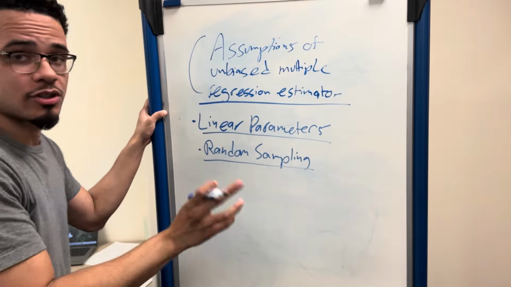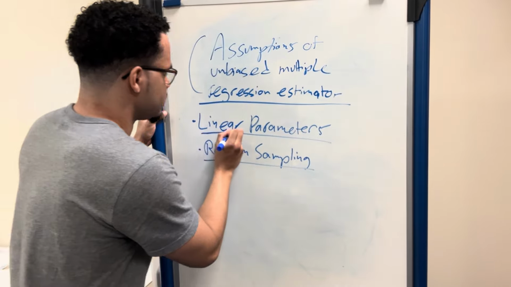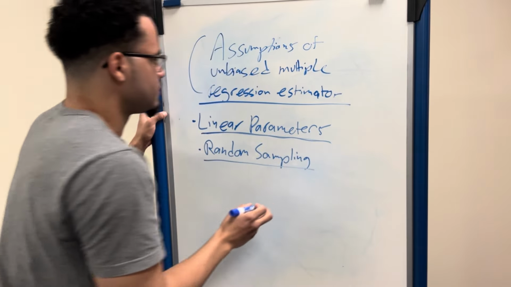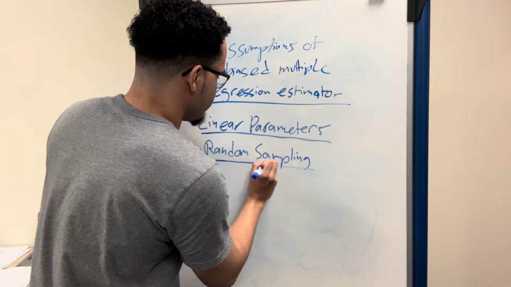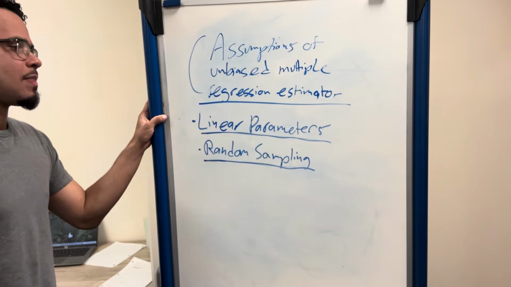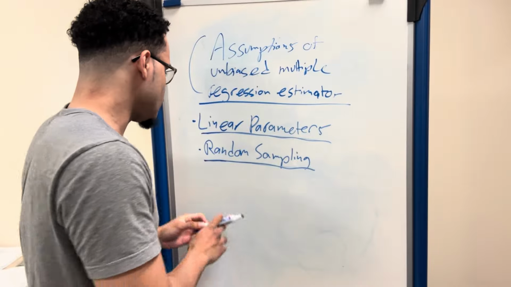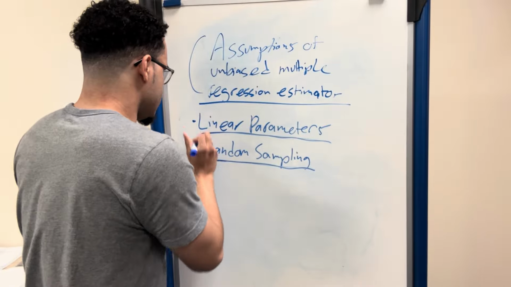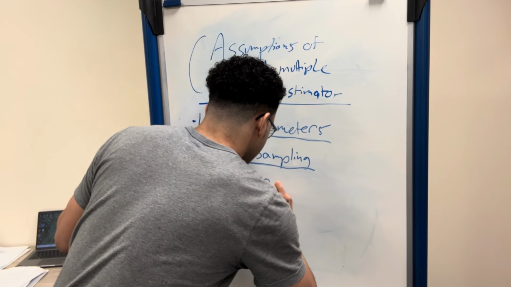So we want to establish unbiasedness for the multiple regression model. There are some similarities between the multiple and the simple. We still assume linear parameters, and we still assume random sampling. However, because we have more than one explanatory variable, we need to make a couple more assumptions. One, in the sense that there cannot be